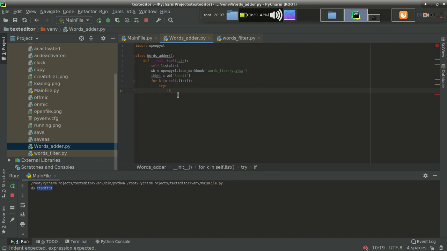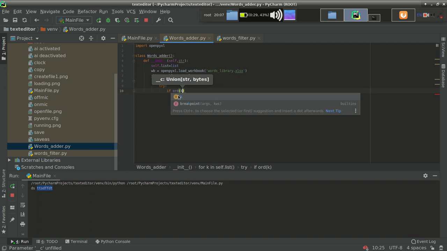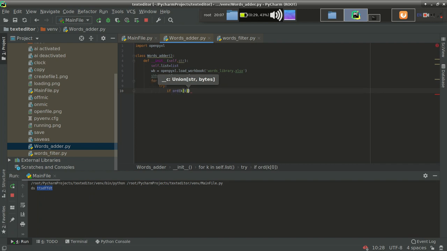So for achieving that, what I'll do here is I'm checking ord of k[0]. ord of k[0] means I'm converting the first letter of k. Suppose k contains my name Yash, then Y is the first letter. So it is converting that first letter into an ASCII value.